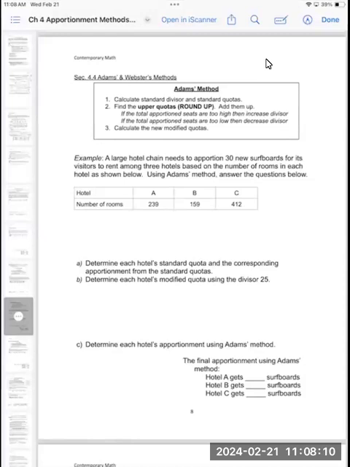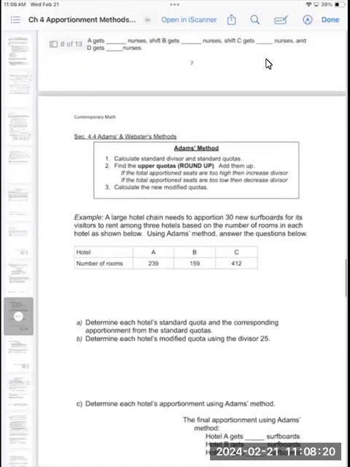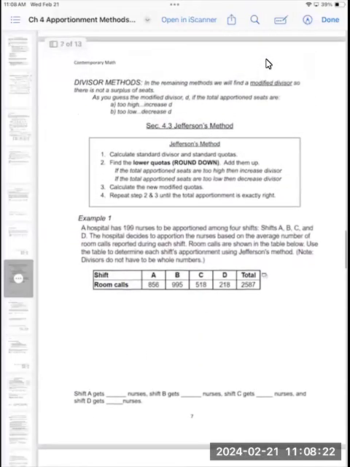Here is 4.4, Adams method. You're going to see that it's very similar to Jefferson's method. Just a review of Jefferson's method